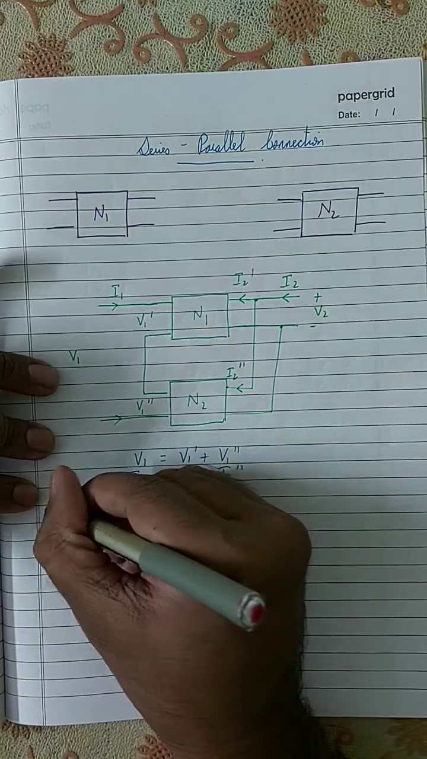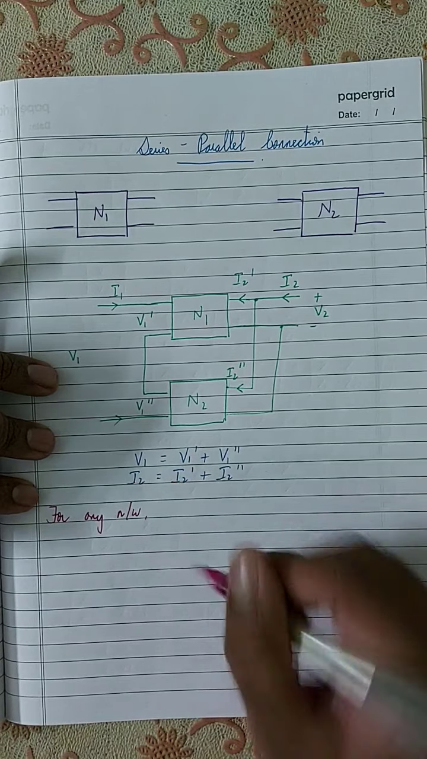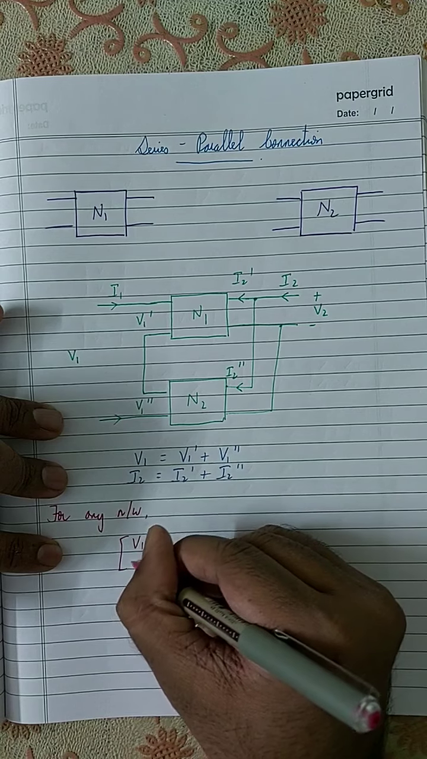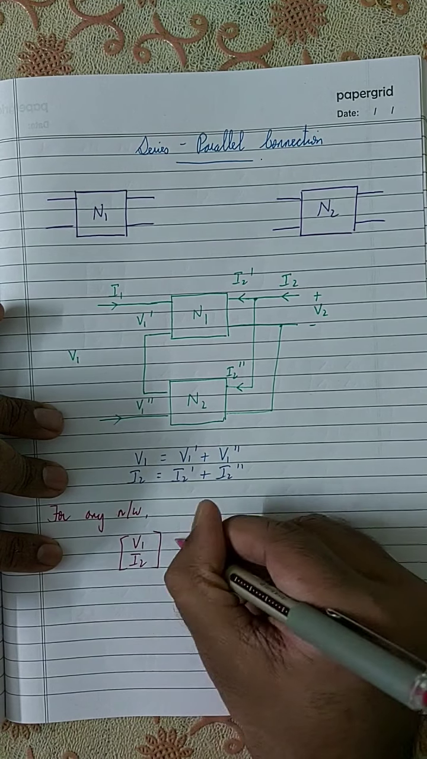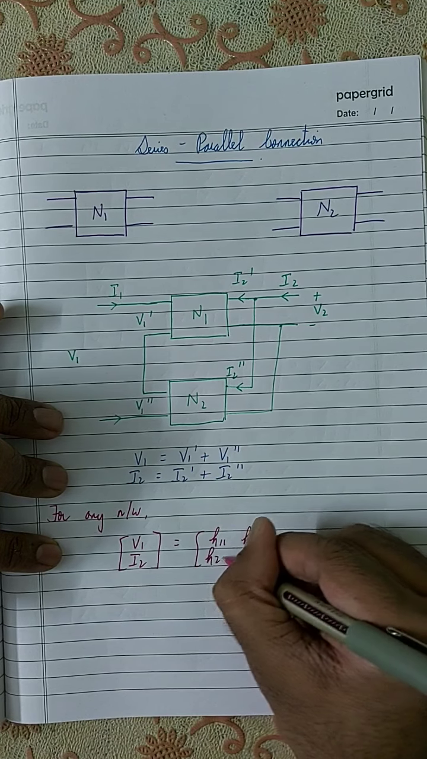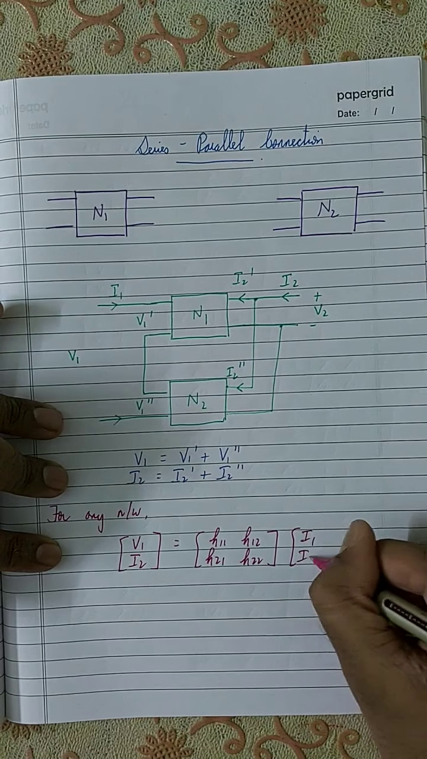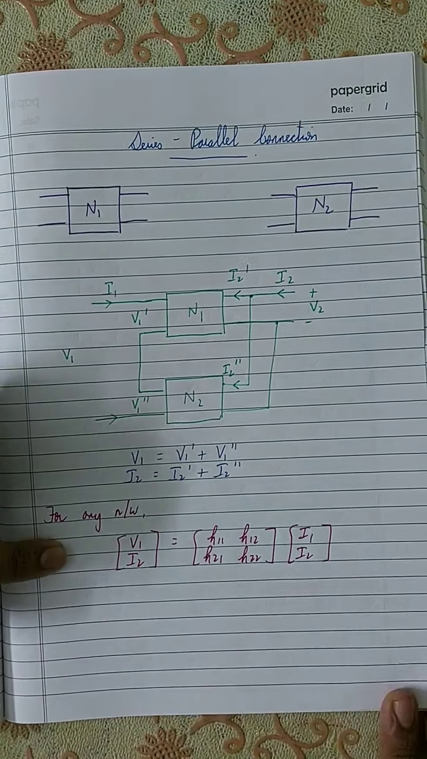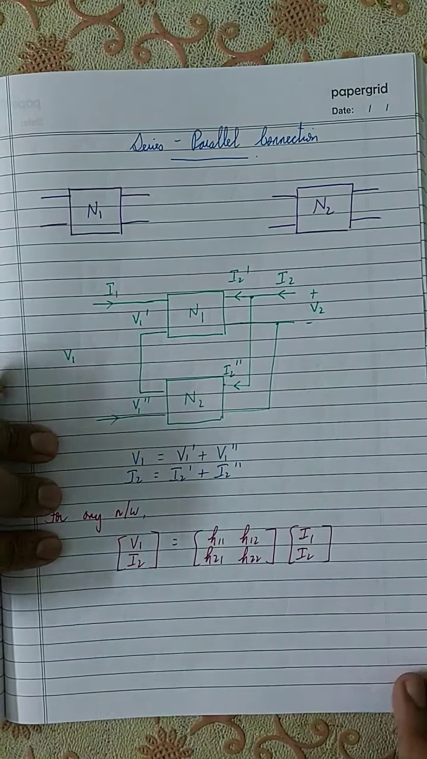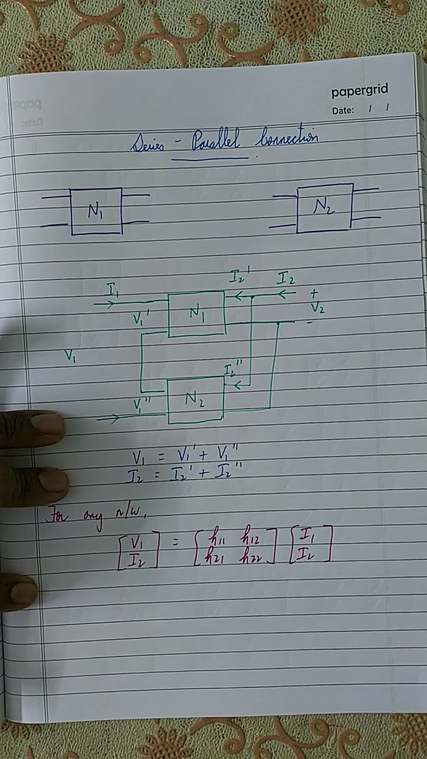Why? Because for any network, the hybrid parameter equation is expressed as [V1, I2] is equal to the matrix [H11, H12; H21, H22] into [I1, V2]. This is how we write them. So now what you have to do is write the hybrid parameters of the individual networks and see for yourself what will happen. So for network N1,